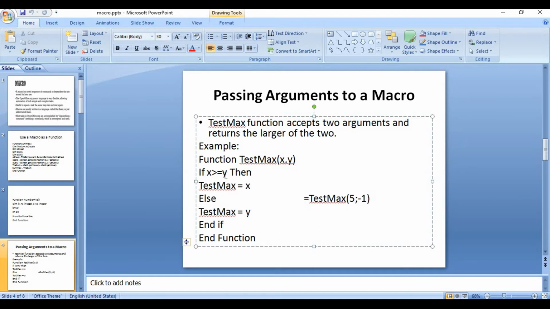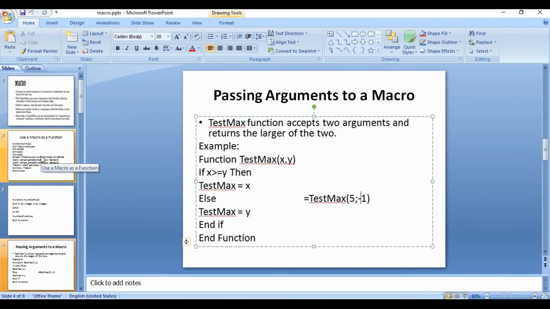Yes, this condition is true, because 5 is a positive number and -1 is a negative number. It means the value of x, 5, is stored in TestMax, and this value is returned. So it will display 5 as the output.